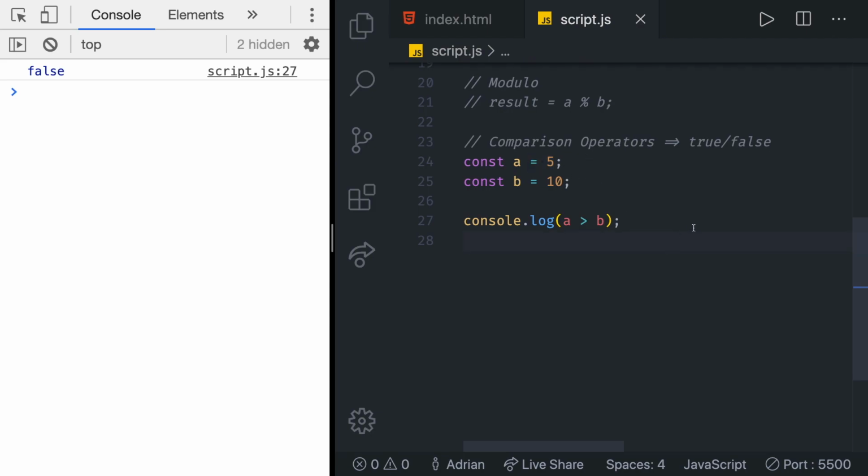We can also test whether a value is greater than or equal to. For that, you just put an equal sign immediately next to the greater than sign. For me, it merges them together, but it's completely the same thing. So if I do that, we are still going to get false, but right now, if I make A to be equal to 10 as well, you can see it's true because they are the same, but in here we have the equality as well. If we make this 11, it's still going to be true, and if we make it 9, it's not going to be true anymore. So let's bring this back to 5,